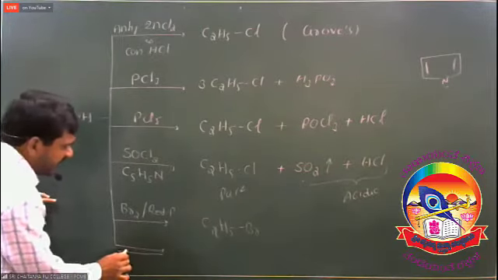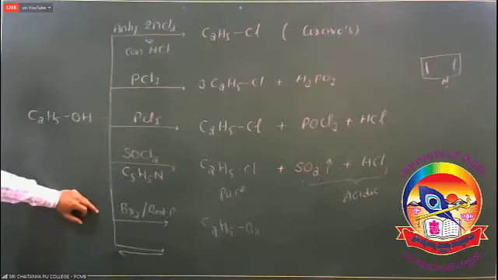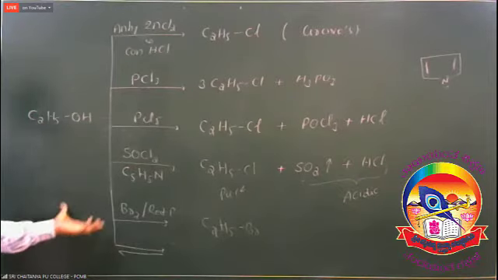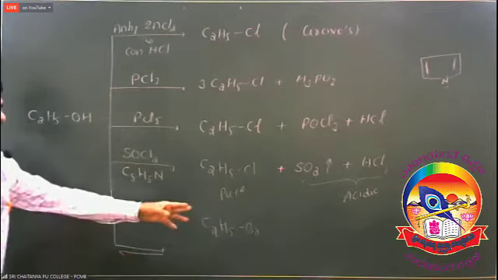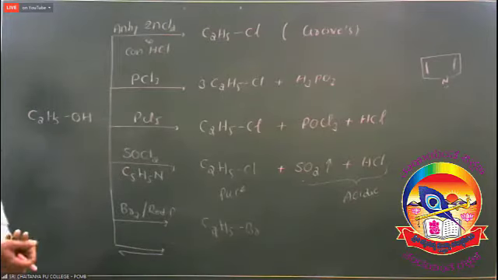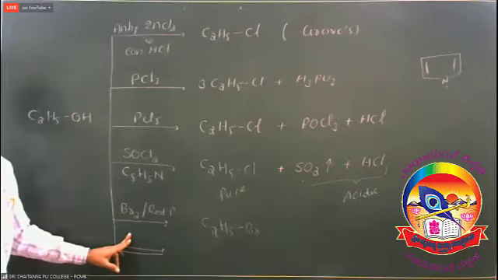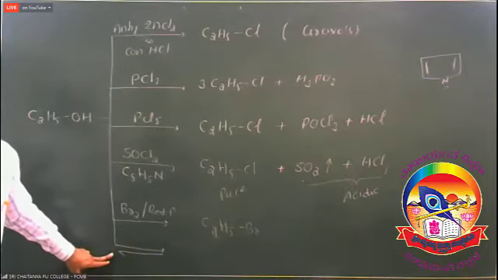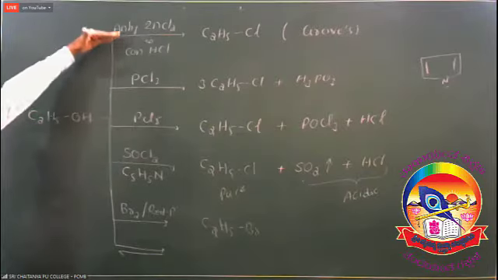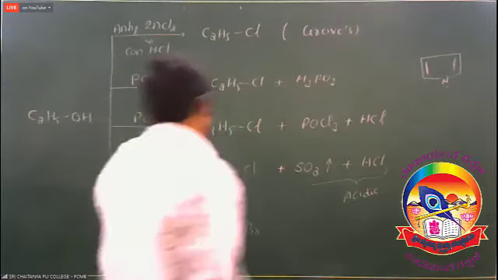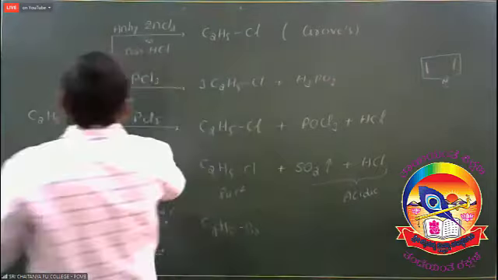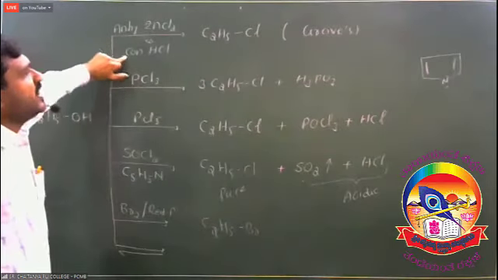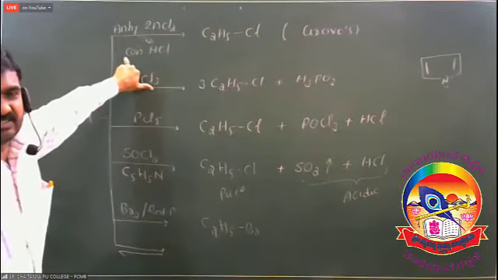To avoid the backward reaction, this reaction is conducted in the presence of oxidizing agents like nitric acid, HNO3. So ethyl iodide is obtained. Here 95% phosphoric acid is preferable. These are the methods of preparation of ethyl chloride, ethyl bromide, and ethyl iodide from ethyl alcohol. The first one is the named reaction, the Gross process.